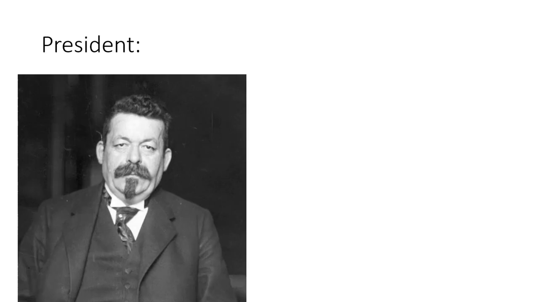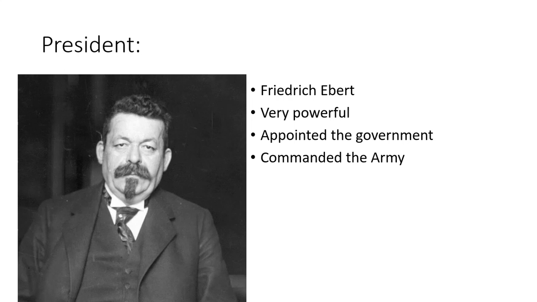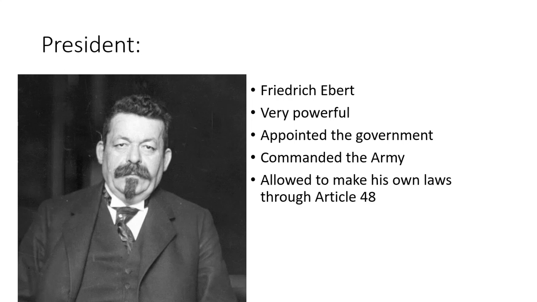Well, first off you have the head of state, in this case the president. He's called Friedrich Ebert, and his job gave him more power than God. It was the president's job to appoint the government and also command the armed forces. He could also enact his own laws without the consent of Parliament in emergencies. What's that? There's no definition of an emergency in the Constitution? Yeah, there's gonna be a crisis here.